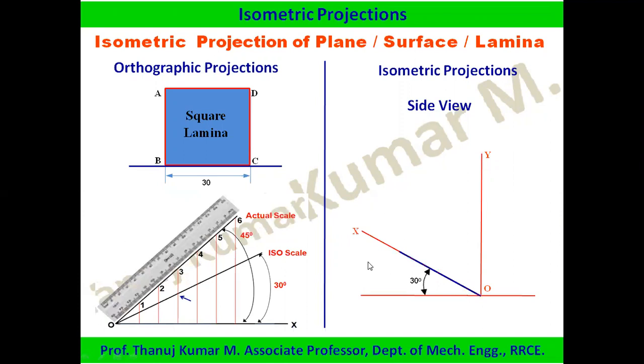Then I'm drawing the line, which I think of as BC. The isometric projection line I've taken is 30 mm into 0.8164, and then measured it here. Same thing, 30 mm into 0.8164 here, and then this 30 mm line, 30 mm into 0.8164, you get one more drawn figure. Okay. I hope you have understood. Let me stop here because time is running.